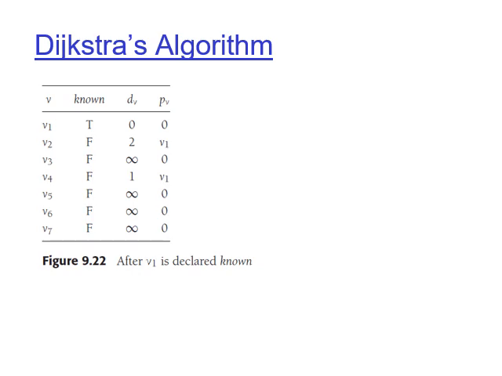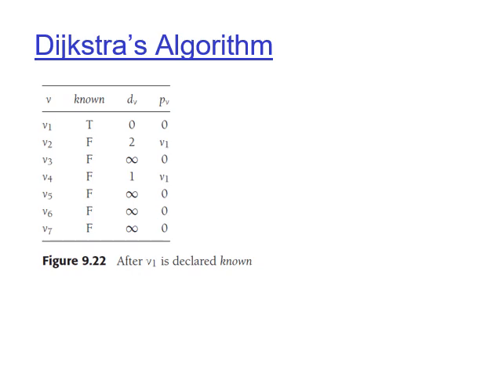And now we have found V2 and V4. So the shortest path distance of V2 with respect to V1 is 2. The shortest path weight of V4 with respect to V1 is 1. And for both these two nodes, you can see the predecessor column has been updated as well, right? So who is the predecessor of V2? V1. We have discovered we should go to V2 via V1. We should go to V4 via V1.